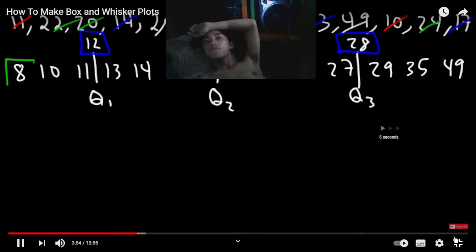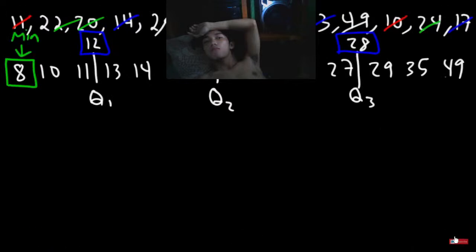The thing we need to do is the lowest value in the data set, which is 8. And the maximum value is the highest value in the data set, which is 49. Now, we need to check to make sure that these 2 values are not outliers, because if they're outliers, they're not going to be part of the box and whisker plot. They will exist outside of that,